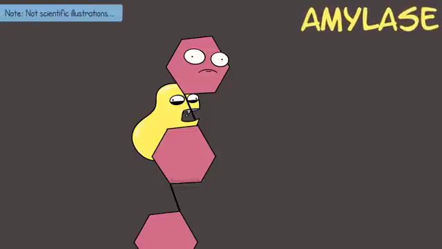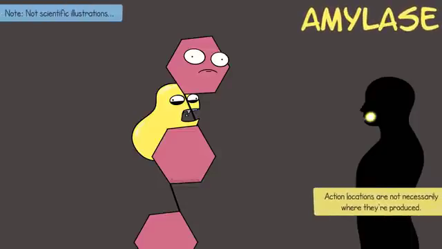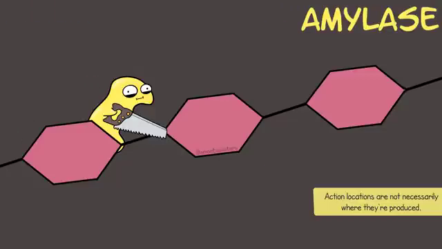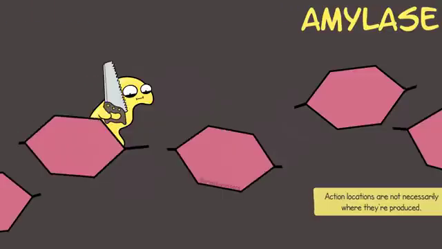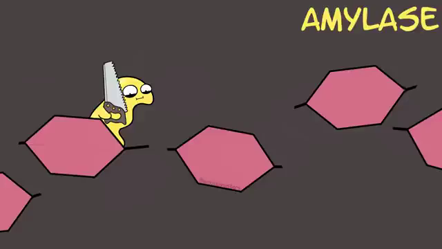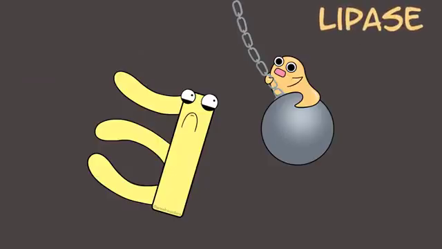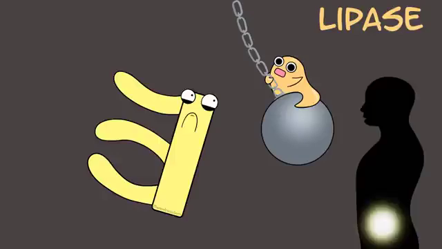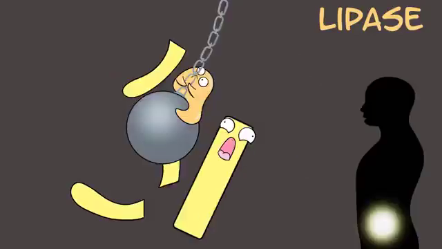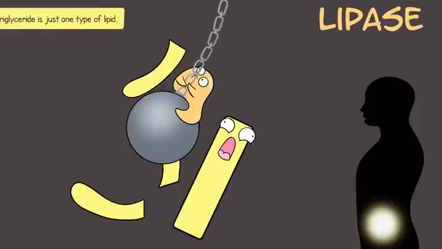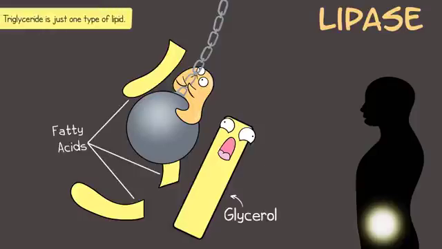Amylase is an example of an enzyme that breaks down carbohydrates, and one action location is in the mouth. Amylase can break the glycosidic linkages in starch, which is a large carbohydrate, into smaller carbohydrates. Lipase is an example of an enzyme that breaks down lipids, and one action location is in the small intestine. Lipase can break the ester bonds found in triglycerides, which are a type of lipid, into their building blocks: fatty